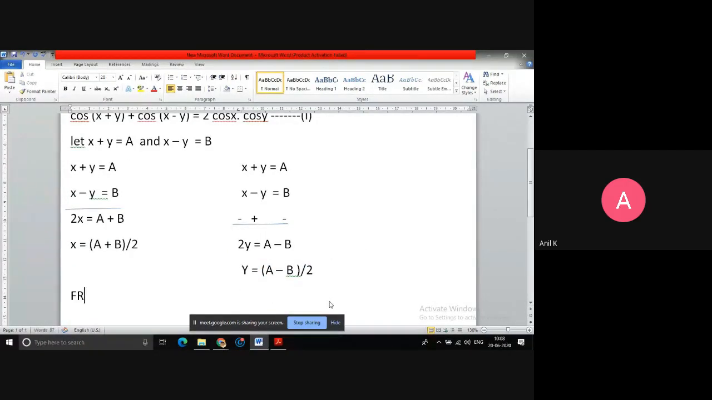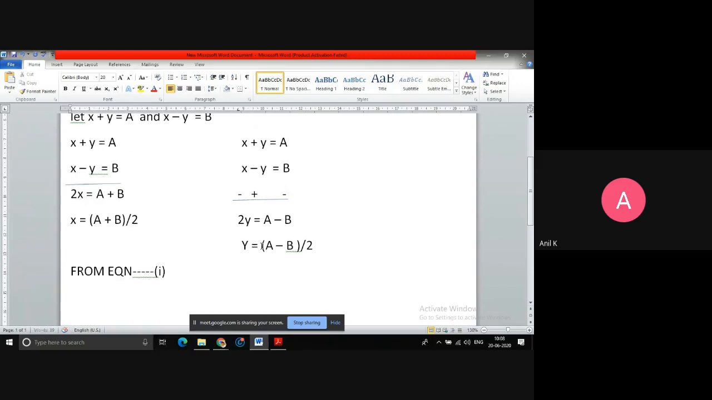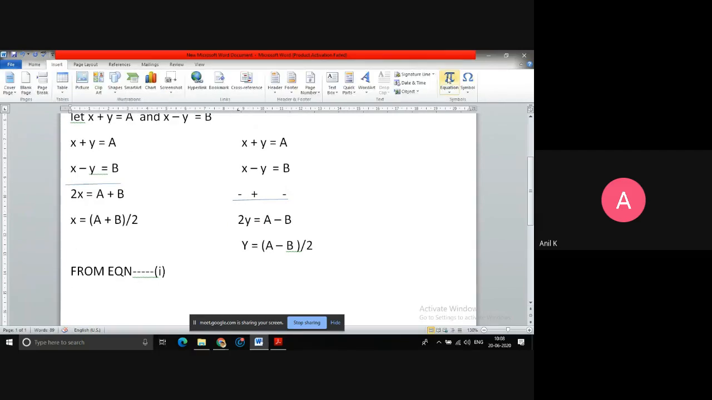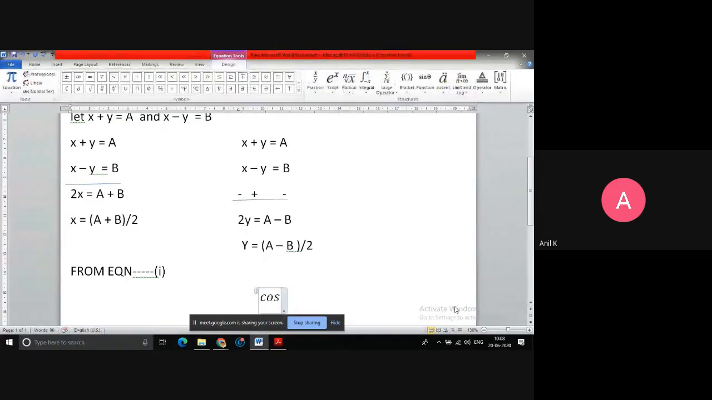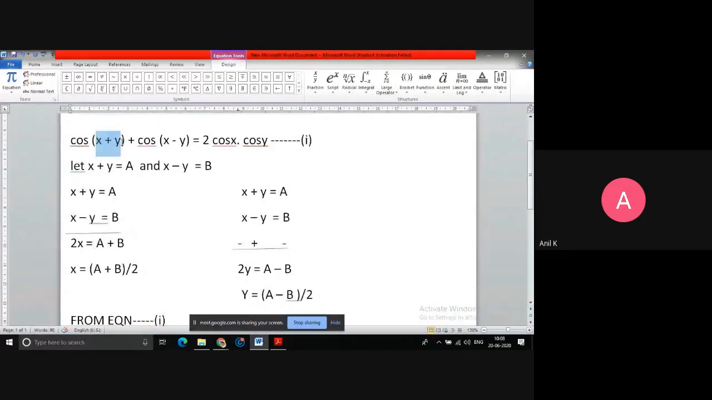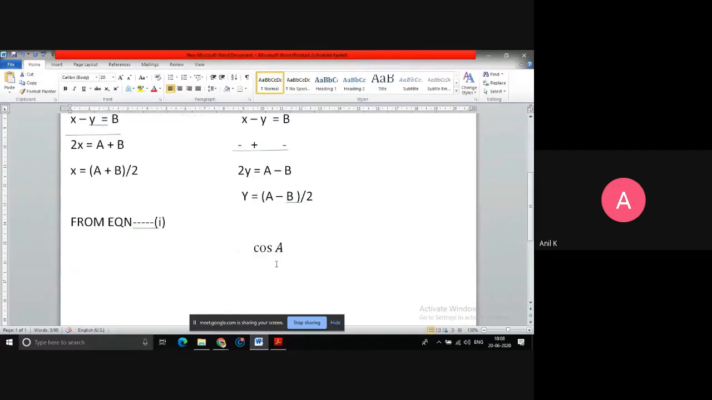So here I'll make the statement. From equation 1, so what are the things going to change? Let me insert the equation here so that it will be proper. Cos A will come, because here you have cos(x plus y). In place of x plus y, I'll put A. Then you have plus cos(x minus y), so plus cos(x minus y) is going to be b,